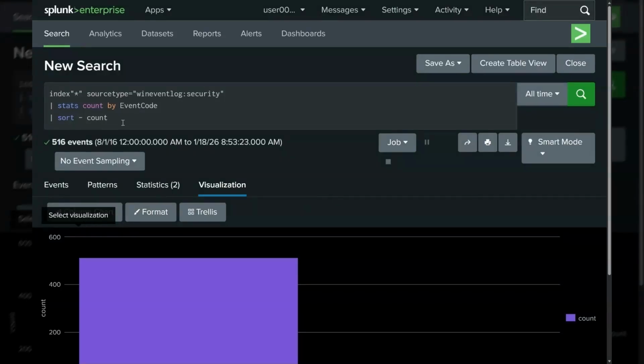Now let's create successful logins. The index and source type will be the same, and then we are going to use the event code equal to 4624, which is for successful login, and then timechart,